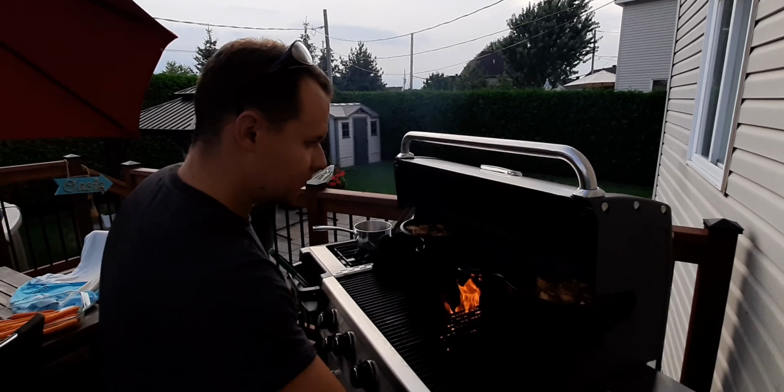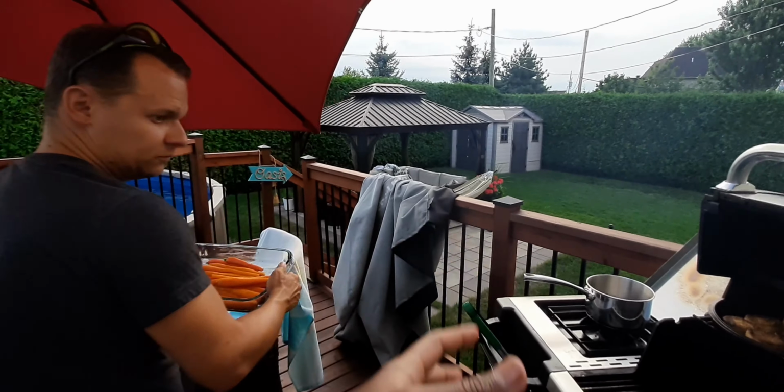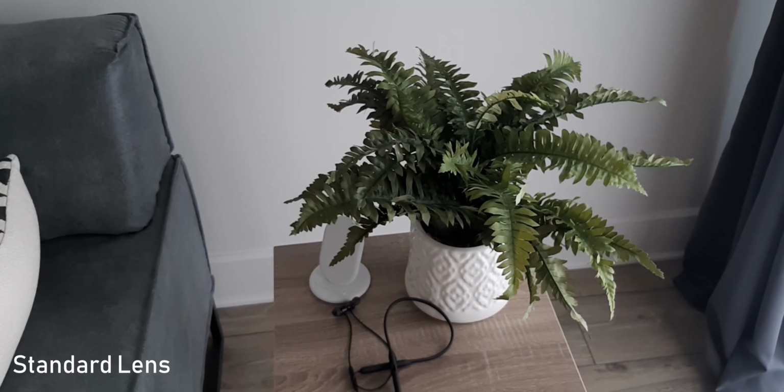So this is the video test on the Galaxy A50, and guys, as you can see, I can use the ultra wide angle lens on this camera to shoot video, unlike the OnePlus 7 Pro that does not, which is kind of stupid, right? Yes. And Mike here is cooking us some delicious dinner. And you can see the colors are really nice and vibrant. I think the details also...